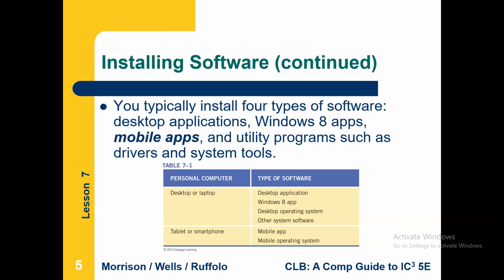Then sometimes we also have our smartphones and tablets. If you have a smartphone or tablet, then the type of application or software that you will be installing are the mobile app and the mobile operating systems. So when you go and buy your laptops fresh, when they open it, they do some installation for you before you go and download some of your apps and install. So those are the types of software that are being installed, and that one is being installed on a tablet or